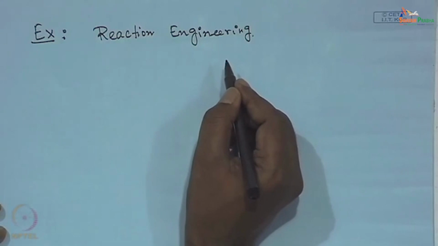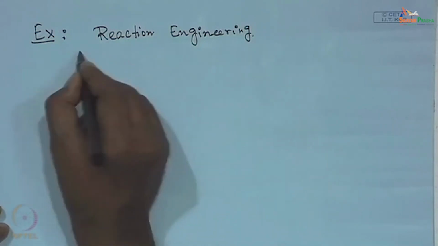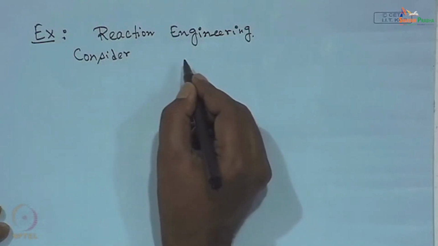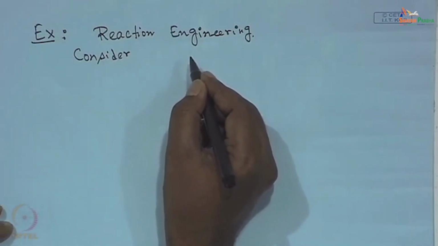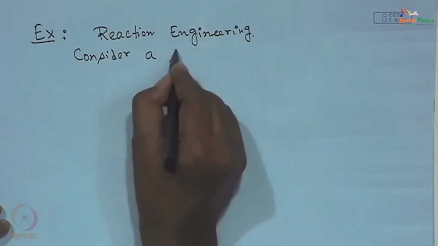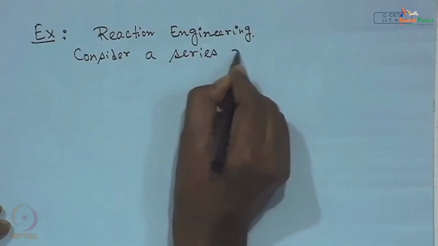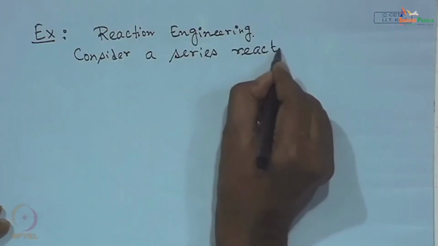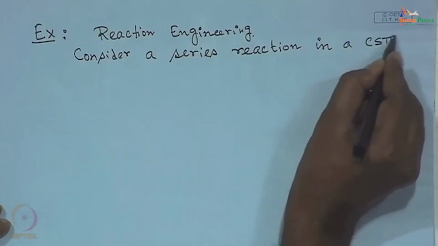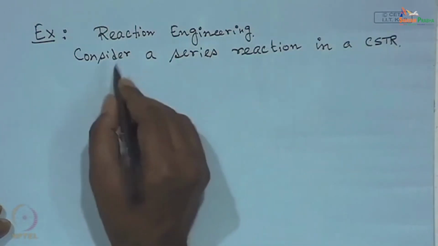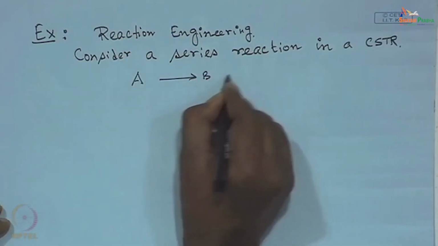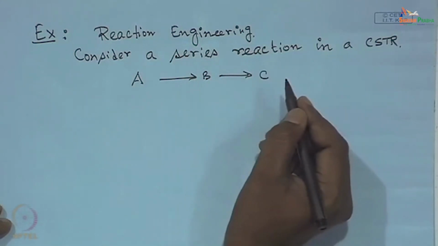And we will be taking up a series reaction, consider a series reaction in a CSTR, and I have already discussed what a continuous stirred tank reactor is in earlier classes. So, consider a series reaction in a CSTR. So, you will be having a reaction like this, A going to B going to C,